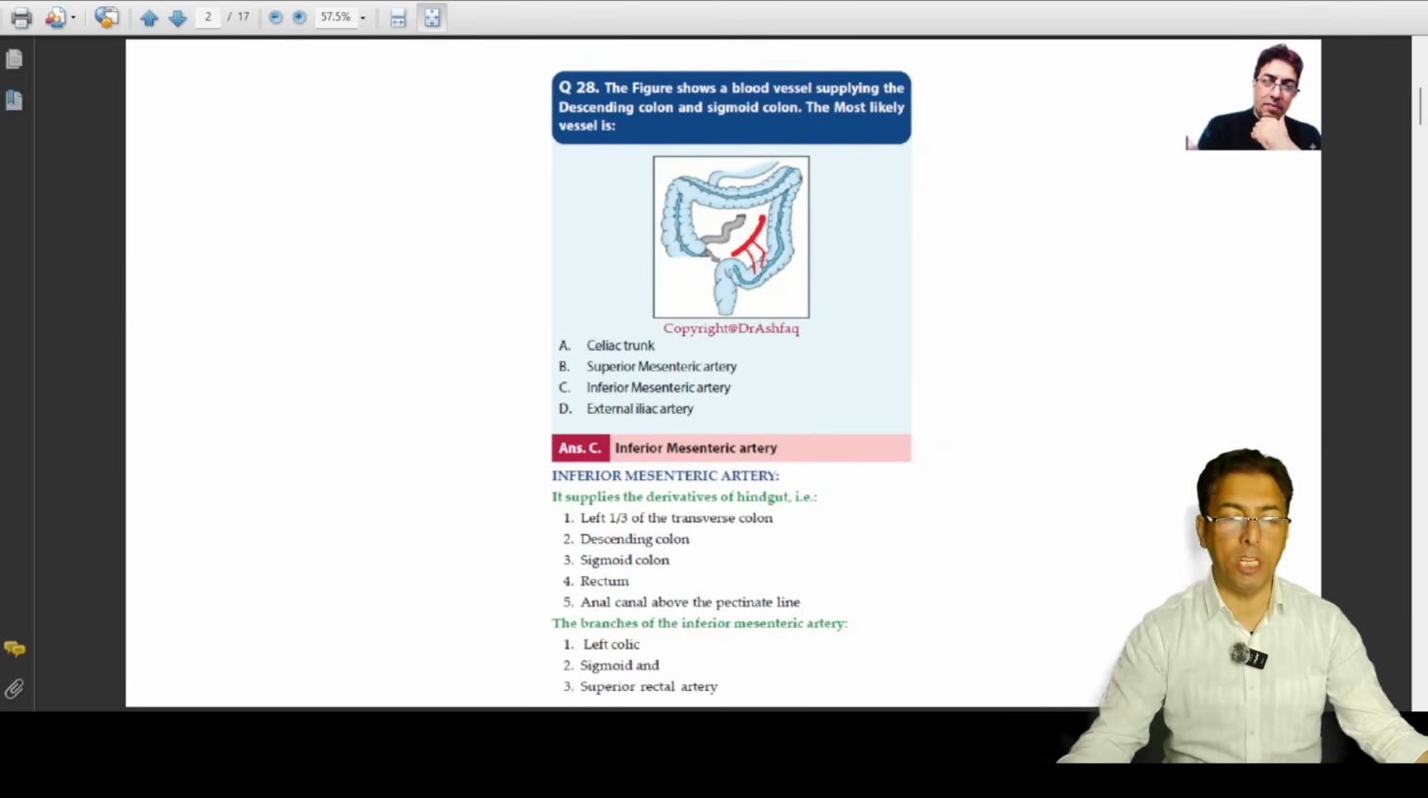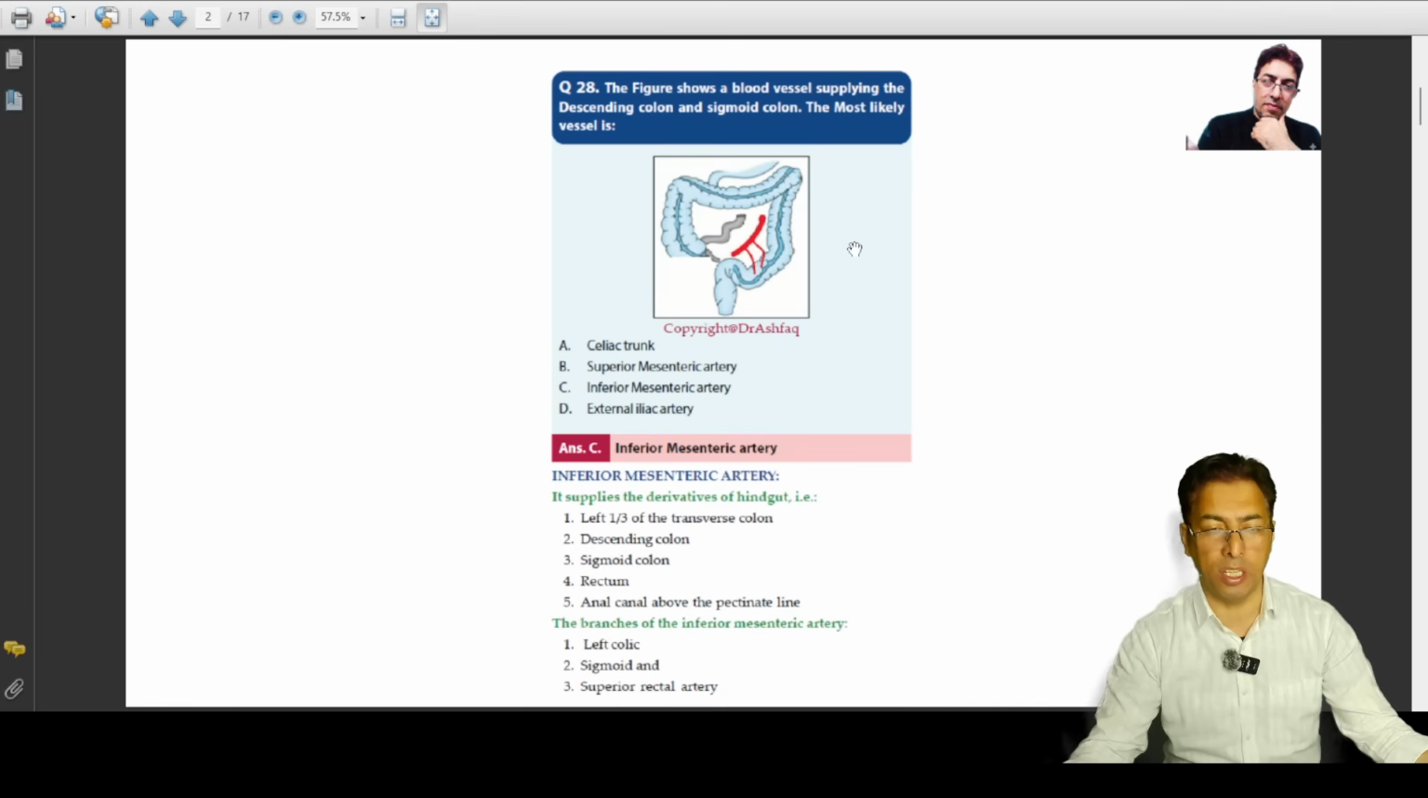This is an image-based question. The question reads, the figure shows blood vessels supplying the descending colon and the sigmoid colon. So over here, there's a blood vessel which supplies the descending colon and the sigmoid colon. The most likely vessel is, and the options mentioned are celiac trunk, superior mesenteric artery, inferior mesenteric artery, and the external iliac artery. This is a question which has an embryological basis